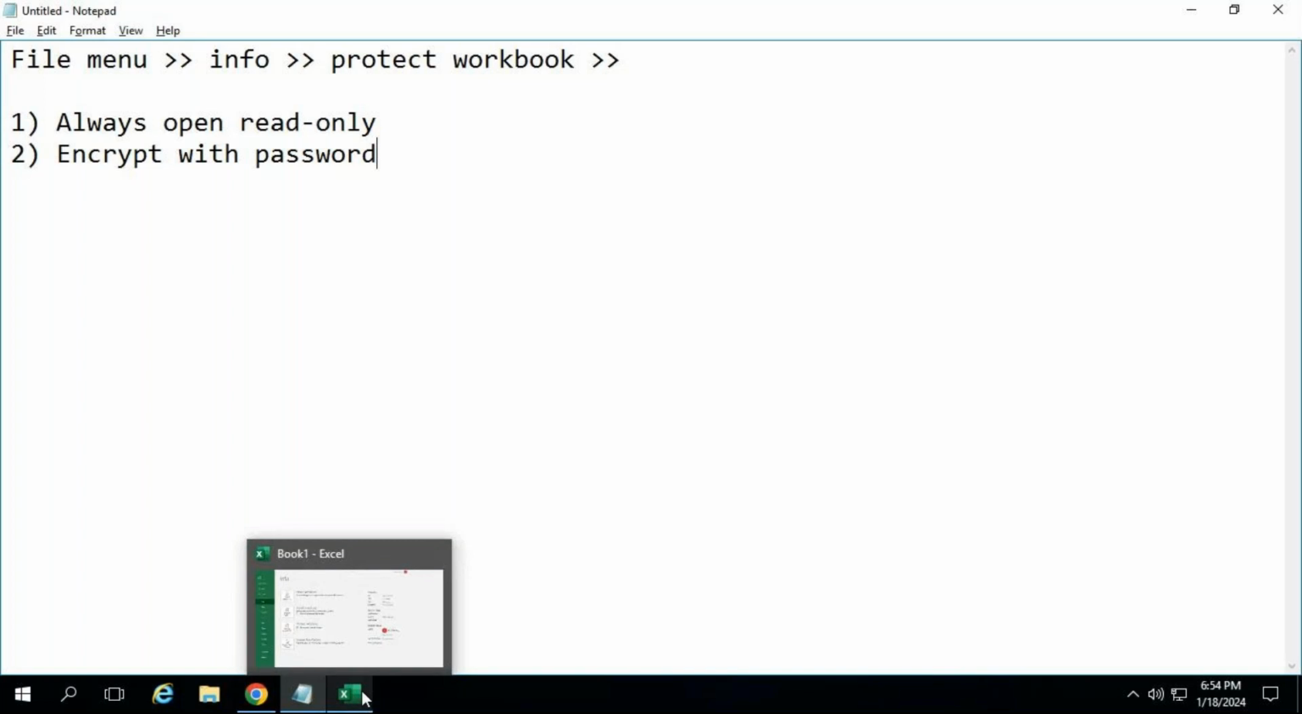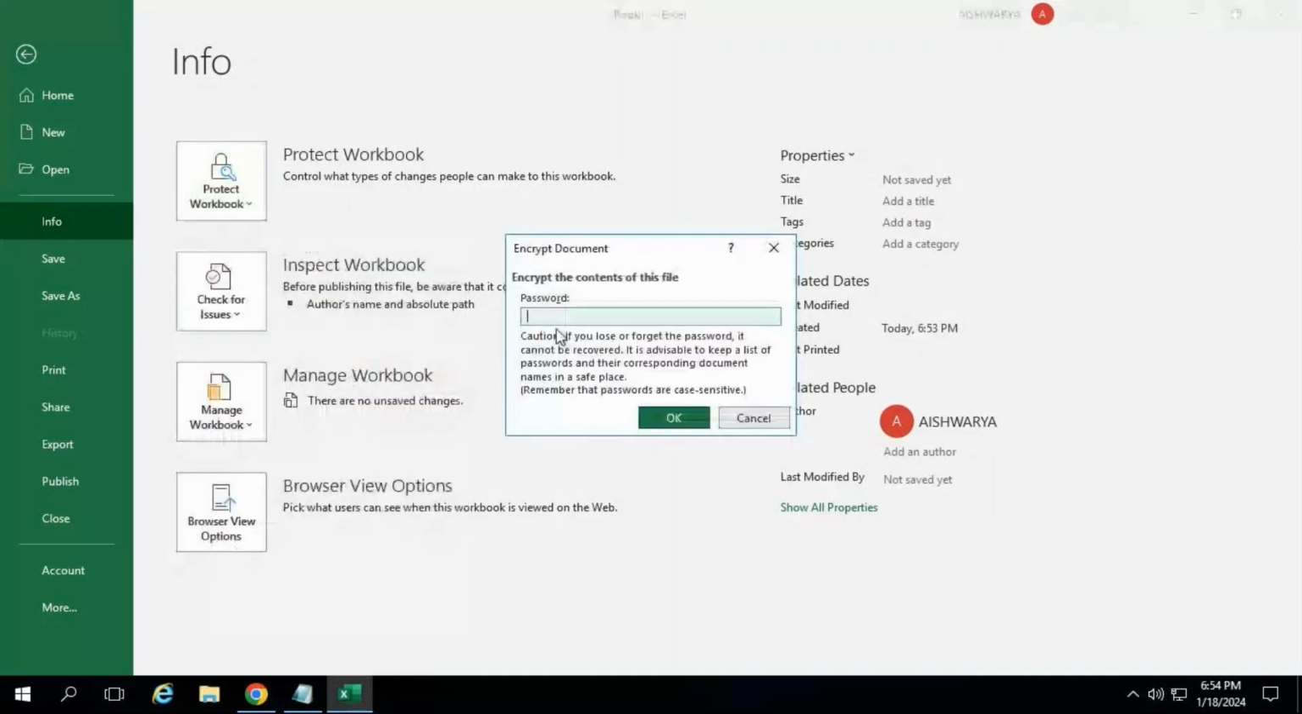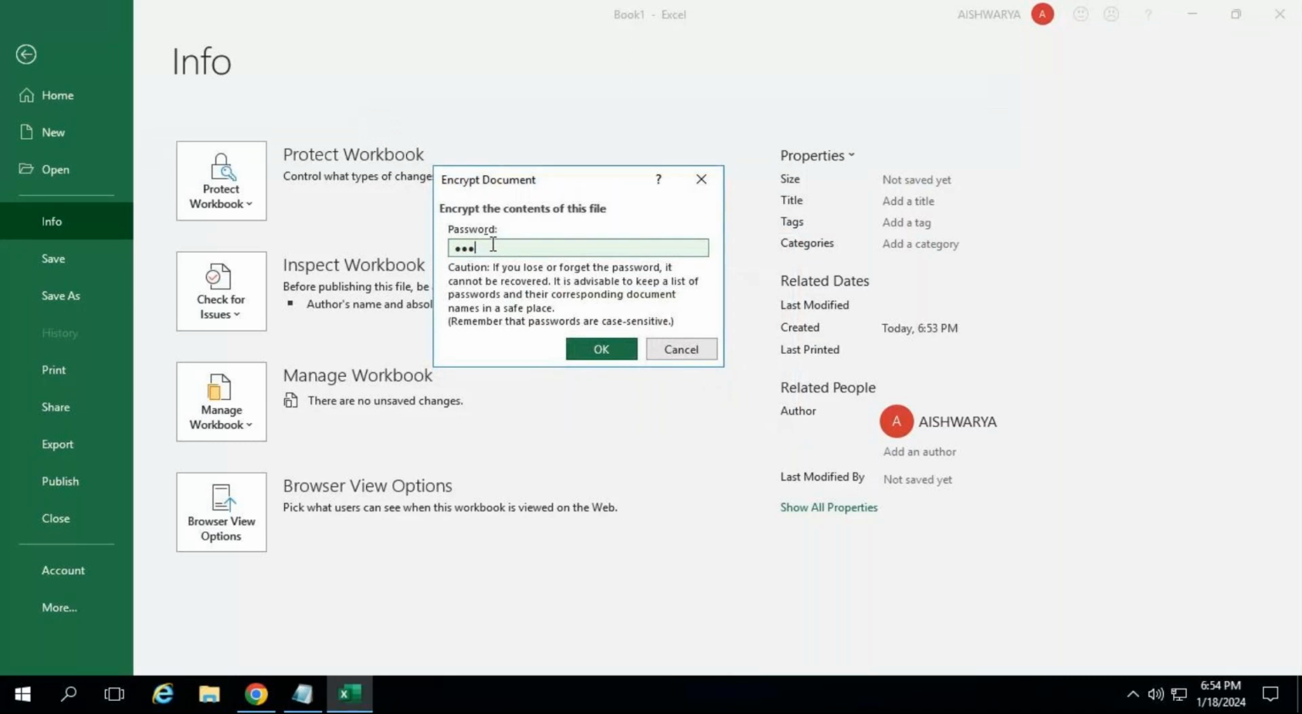Now I'll open Protect Workbook. See, it says require a password to open this workbook. Just click on Encrypt with Password. The password I will be giving here is 123. Then click on OK. And this password, if you just give